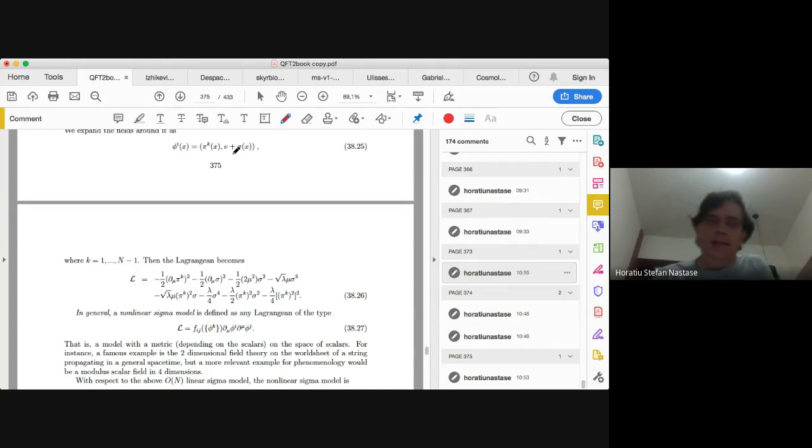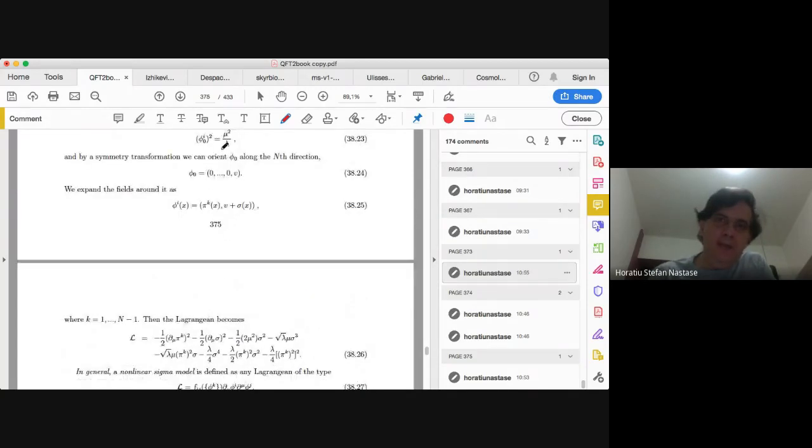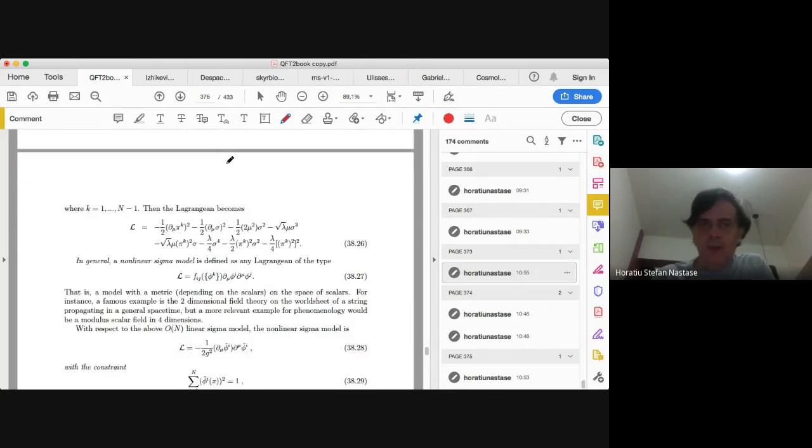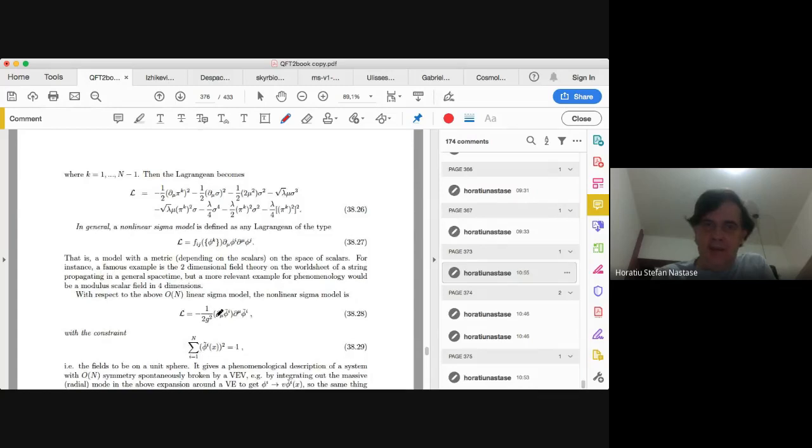By absorbing the V, by redefining by the vacuum expectation value V, I write what looks like a linear sigma model, -1/2 G squared d mu phi tilde I, d mu phi tilde I. But then the phi tildes, these fields rescaled by the VEV of phi,